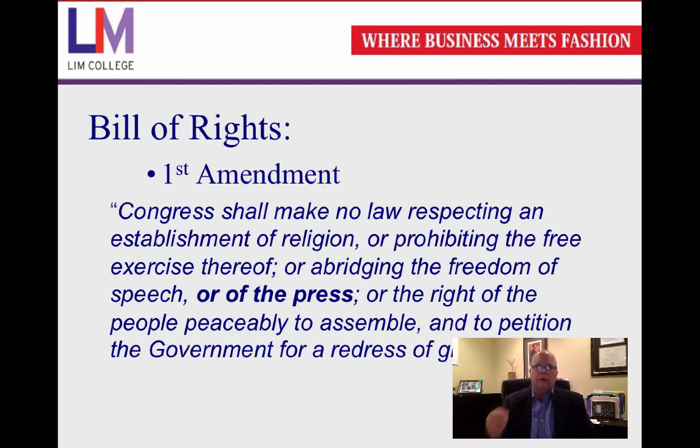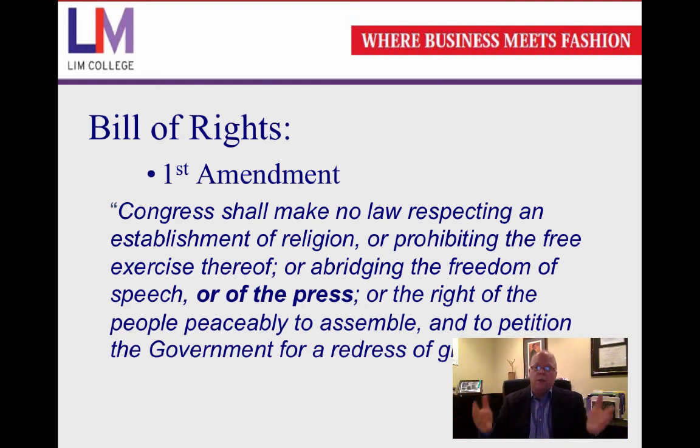All right. Congress shall make no law respecting an establishment of religion. What that means is there's no federal religion. Congress can't say that Catholicism is the religion of the United States. Can't say that Protestants are the religion of the United States. No, it can't. There can be no federal religion in the U.S. because Congress shall make no law respecting an establishment of any religion. All right, that's the first part.